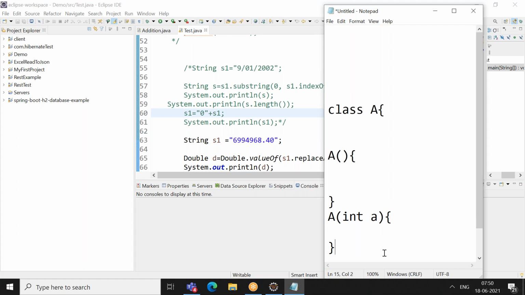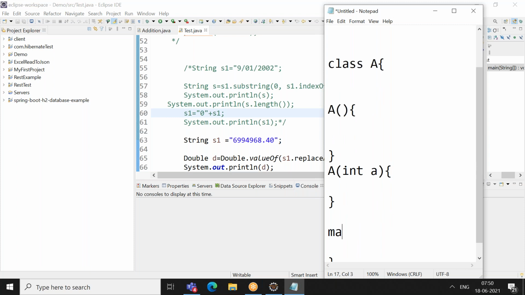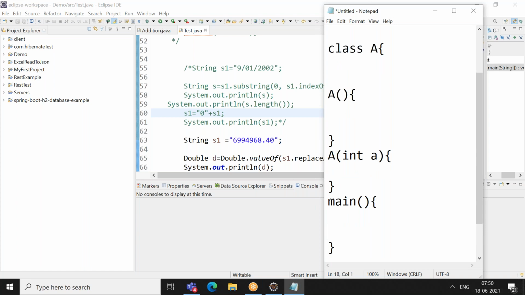So if you want to call these two constructors in a class, I need to create two objects, right? I want to execute some piece of code which is present in the zero parameter constructor, and I also want to execute some piece of code which is present in my one parameter constructor. So I need to create objects for both constructors. Am I right? If I create an object with zero parameters, it will call the zero parameter constructor, but the one parameter code will not be executed. So then you need to create an object with one parameter.